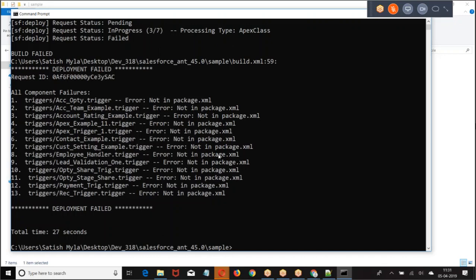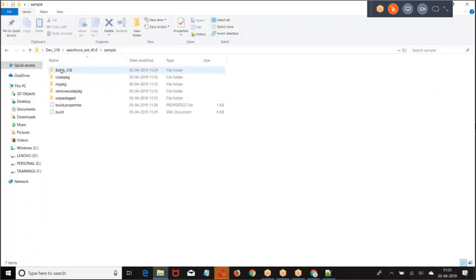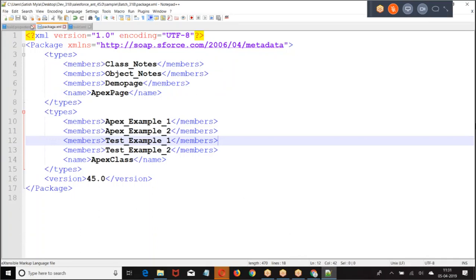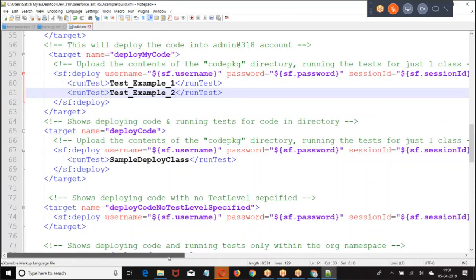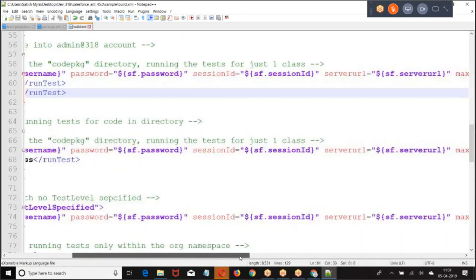Again, deploy failed. Contact example trigger. See, still the changes are not uploaded here. Go to the location, build.xml, deploy my code.